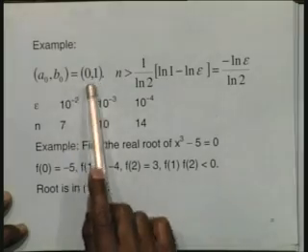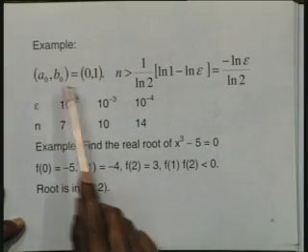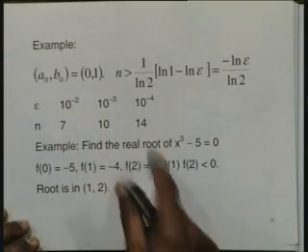Let us say that the root lies between 0 and 1. I have taken a simple interval because in this case some of the things become easy. Taking a naught, b naught as 0 to 1, therefore n would be greater than